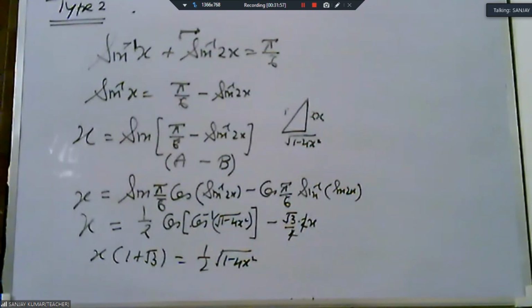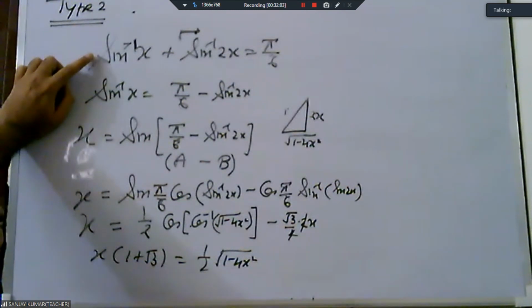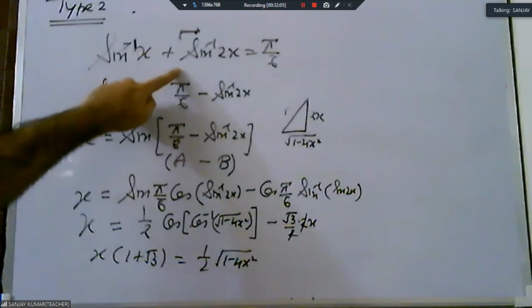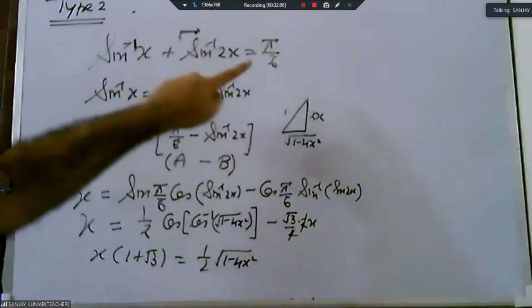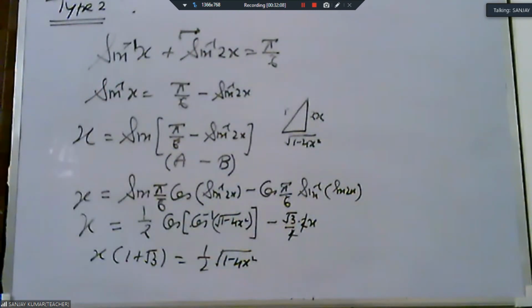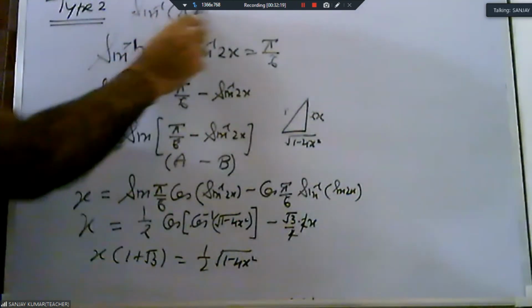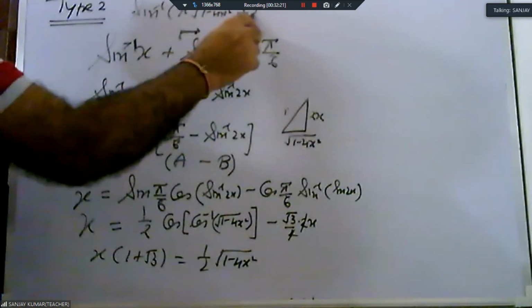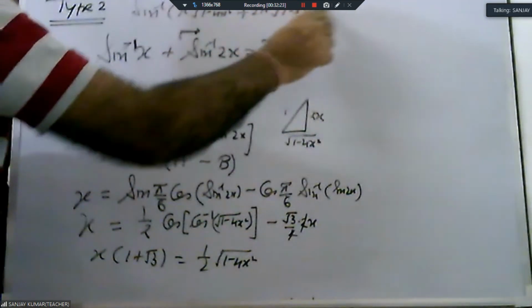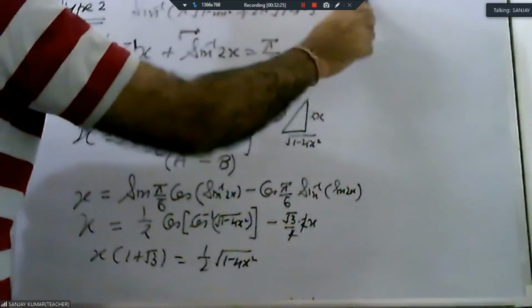We are taking another question of this, similarly the same question, I will do it again. Then you see the question. Okay, this is sin inverse x plus sin inverse 2x. We're putting one sin inverse on that side. Now why we cannot apply the formula sin inverse x plus sin inverse y? Because we are having the formula sin inverse x plus sin inverse y, so why are we not using it here? Look, the formula is sin inverse of x into under root 1 minus 4x square plus 2x into under root 1 minus x square equal to sin inverse, that is half.